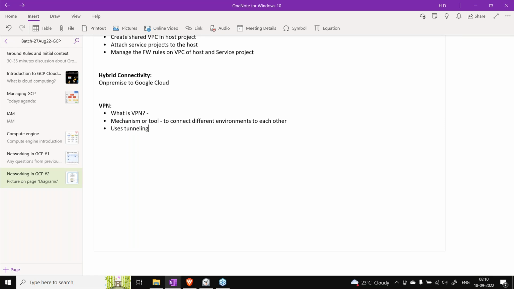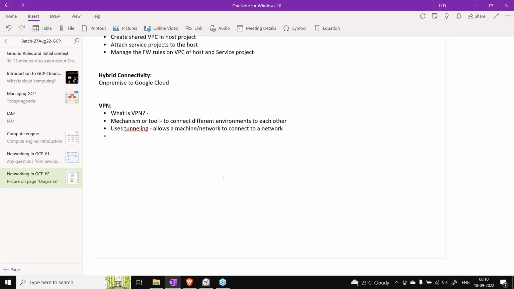concept. Using tunneling, you allow a machine to connect to a network, or it can allow one network to connect to another one. It can be just a machine, or a network. So basically it helps you create a tunnel between two different networks.